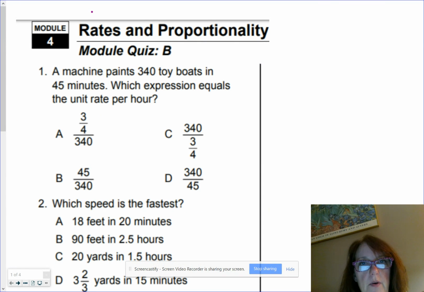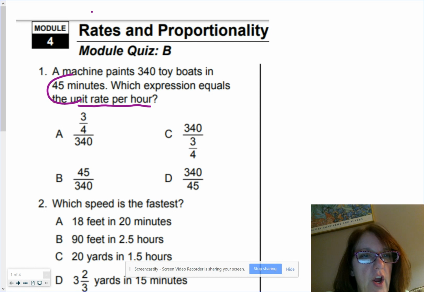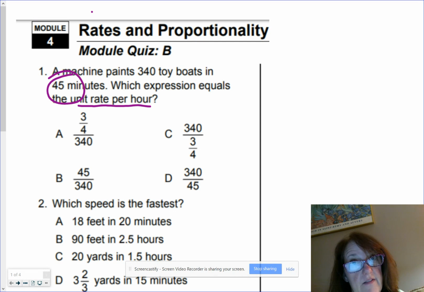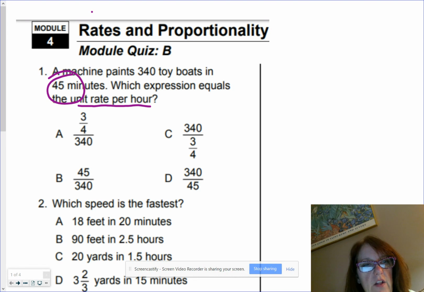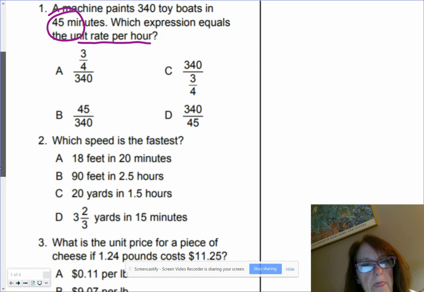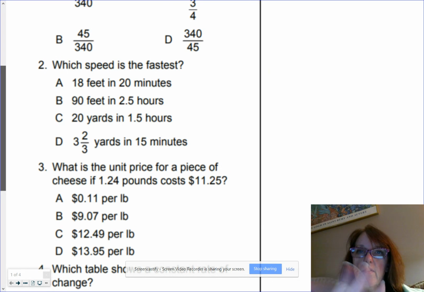All right, so look at number 1. Okay, here they're giving you a situation and they want to know what the unit rate is per hour. So when you're looking at this, make sure that you're not being Speedy Sally. Read the question carefully and go from there. Look at number 2. Question number 2 talks about what speed is the fastest, but here's where they're messing with